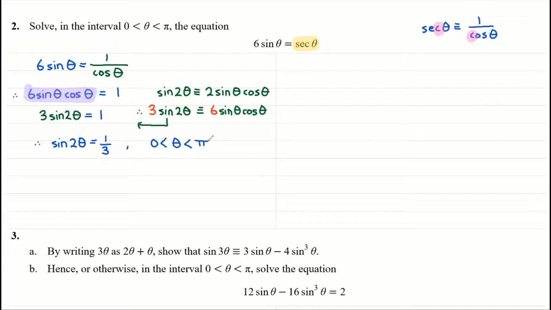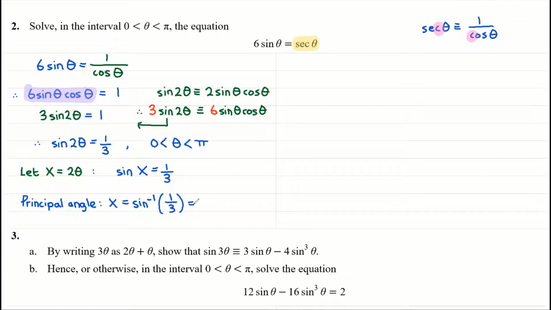So we've got a sort of year 2 style trig equation because we're in radians here. So let's make a substitution. We're ready to go now. We've used up the new identities. So let big X equal 2 theta. So we now have, such that sine of big X is equal to 1/3. Let's do a principal angle. Principal angle, big X is going to be the inverse sine, which you now know is the arc sine of 1/3. And we did this in the previous question. So I'm just going to write it down now if it's fresh in your mind. The inverse sine of 1/3 was, of course,